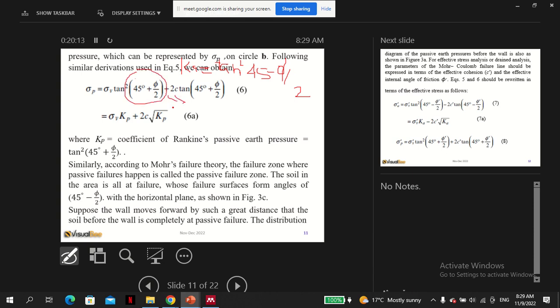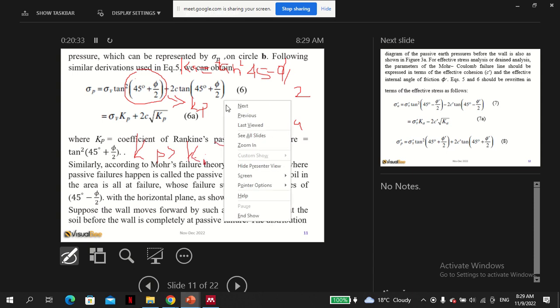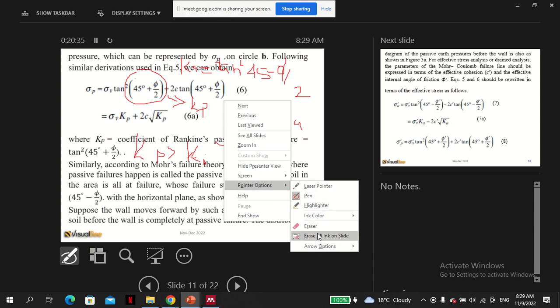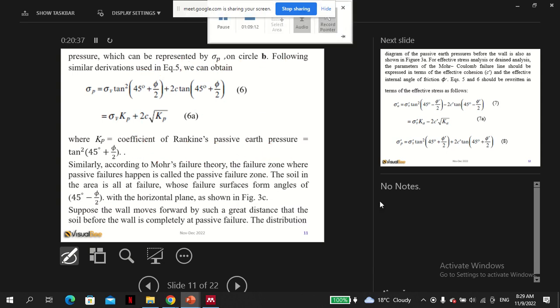So the passive failure, and of course Kp is usually larger than Ka. So if you compare, Kp is larger than K0, which is larger than Ka, which you should now be familiar with. So Kp is the coefficient of